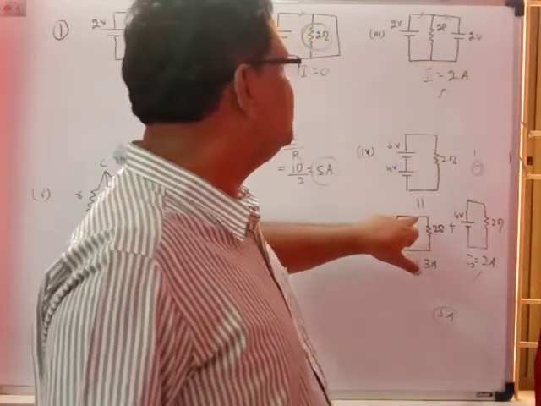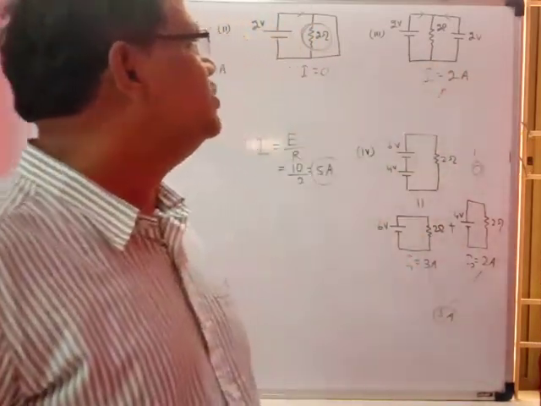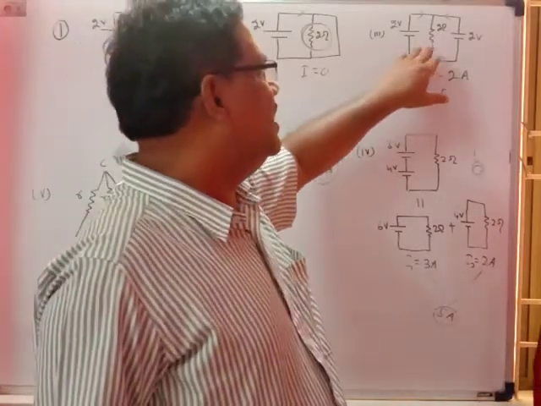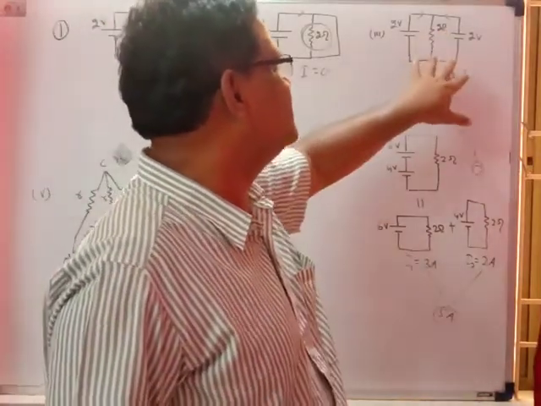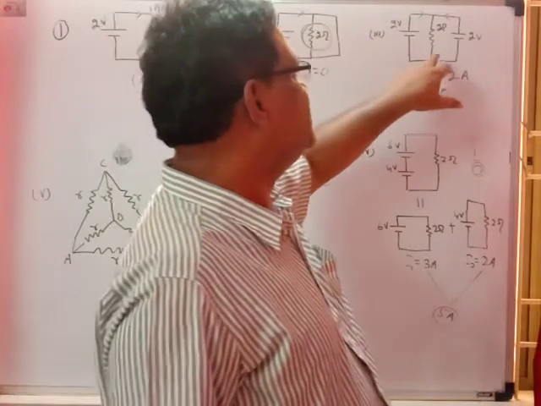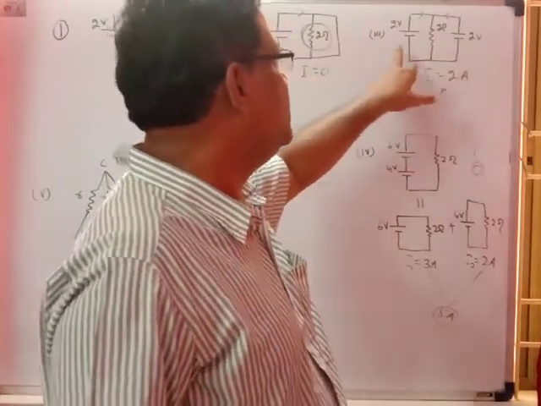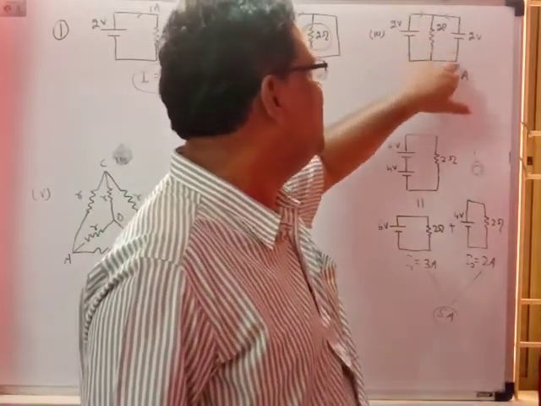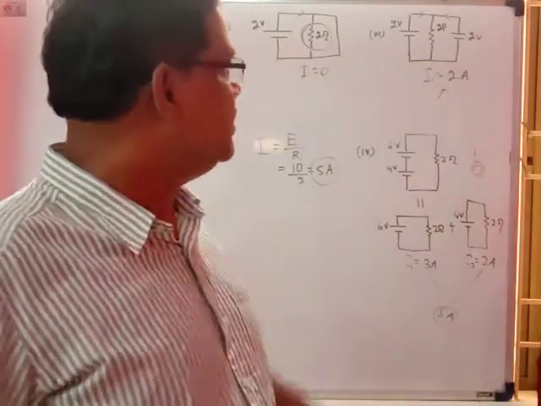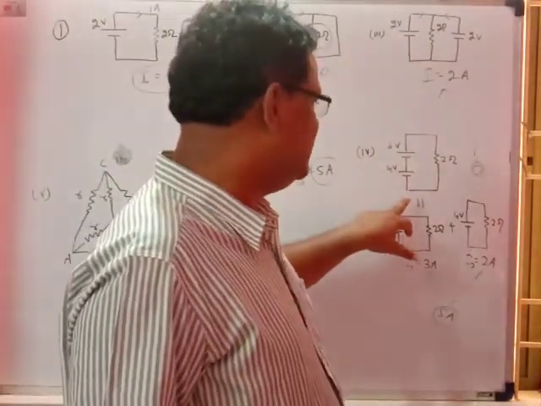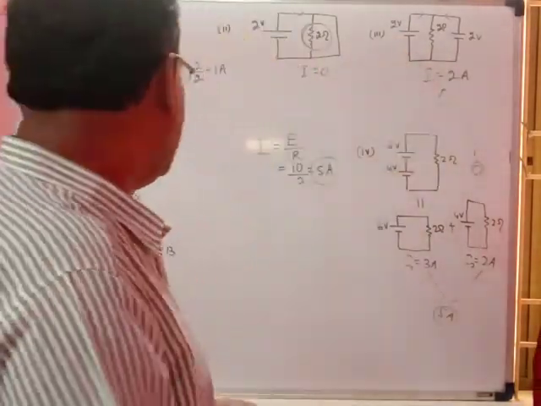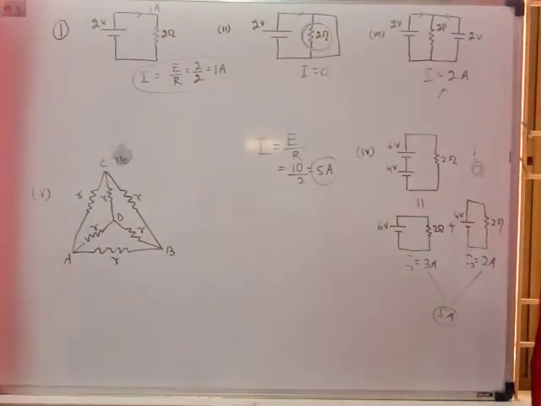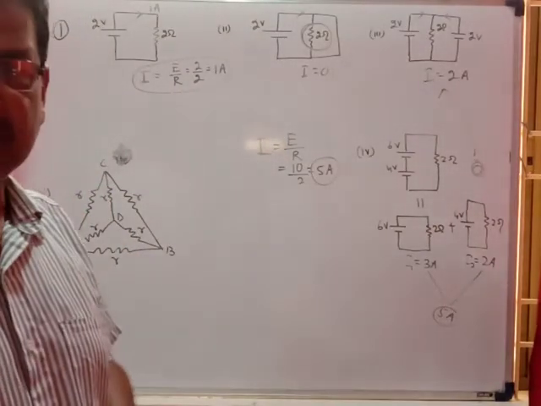But this superposition principle cannot be applied to this type of circuit. This is a special type of circuit. What is the current passing through this 2 ohm resistor? Simply, you have to calculate it due to this cell and due to this cell, and add them. You cannot apply the superposition of current in this circuit. Now look into another type of equivalent resistance.